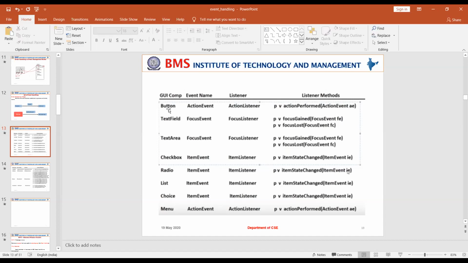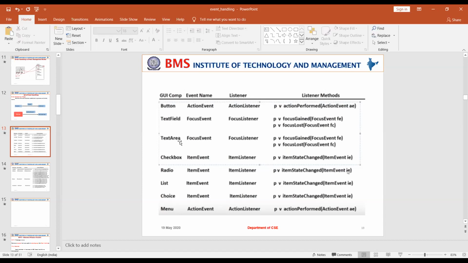Similarly, not only button, you may come across a text field while developing your Java GUI application, where you ask the user to enter text. Whenever you start entering information into the text box, it may get focused or highlighted. What event does it generate? A focus event. Which interface can handle this? The FocusListener interface. How many methods are there in it? Two: focusGained and focusLost. The event you are supposed to handle is the focus event, so I have created a reference for it.